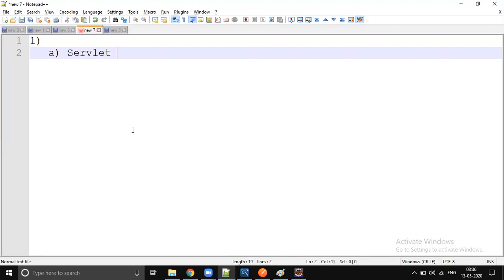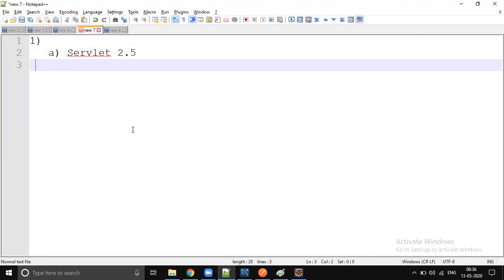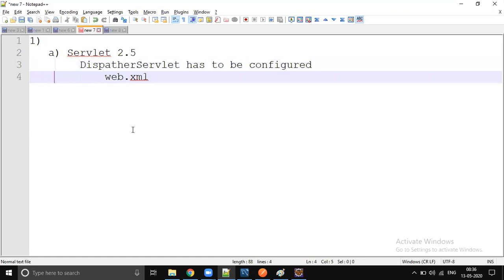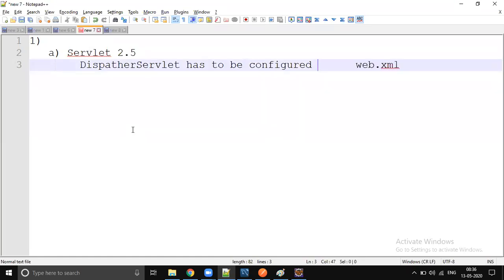If you are using Servlet 2.5 configuration, then the dispatcher servlet has to be configured in the web.xml file, the same way as the example we saw yesterday.